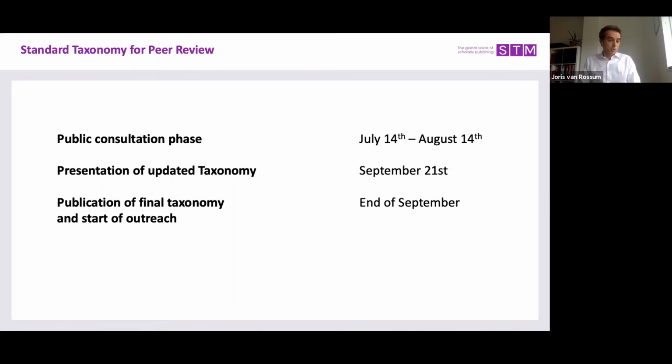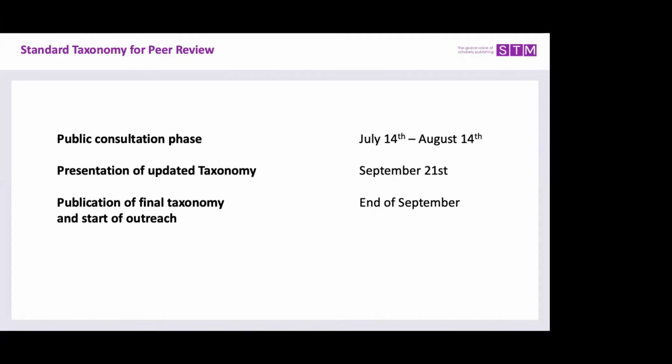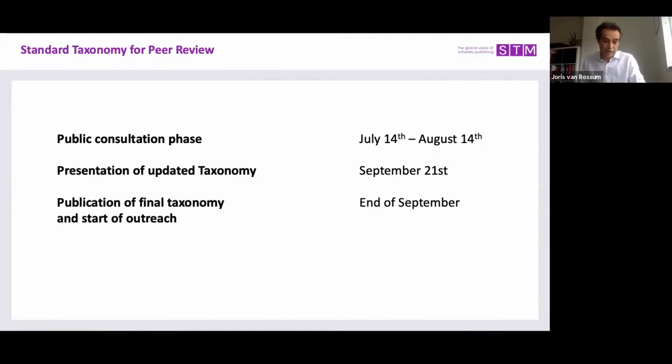And then, of course, the important work starts, because for this to be successful, this has to be widely supported in the ecosystem, which means that the publishers should use this when they communicate the peer review process, but the publishers should also start publishing the peer review on the article page, but also that we start interacting with funders, with policymakers, etc., and also hopefully start to expand this taxonomy again, bringing transparency, which is so important in open science, also to other objects.